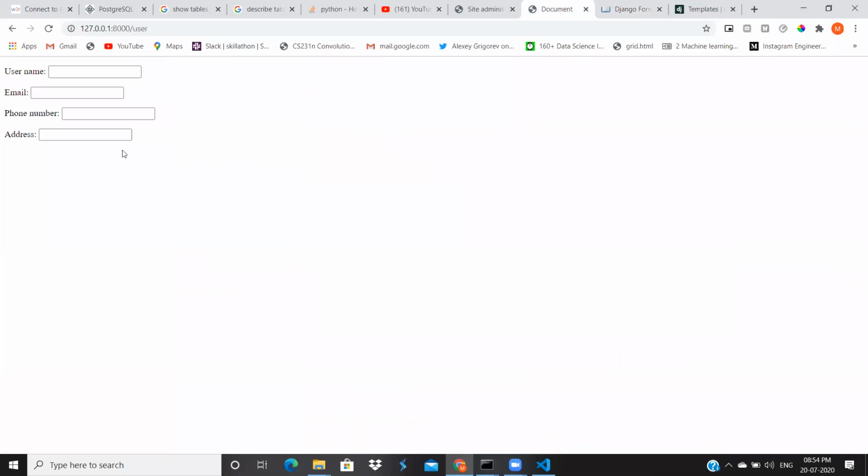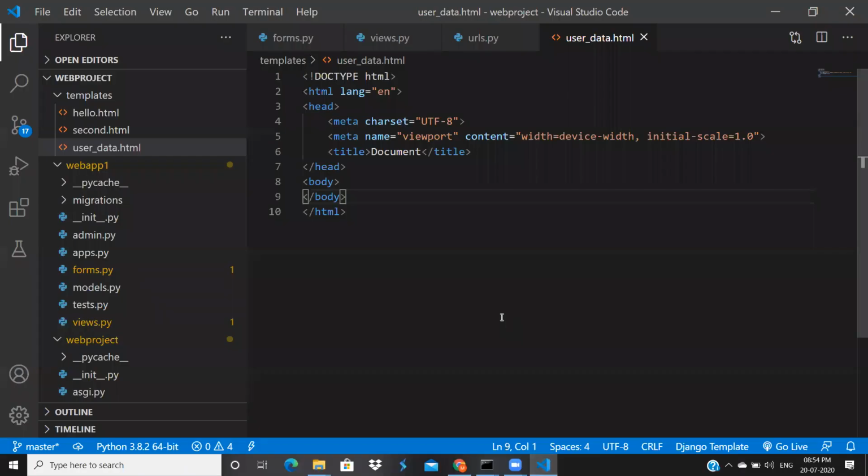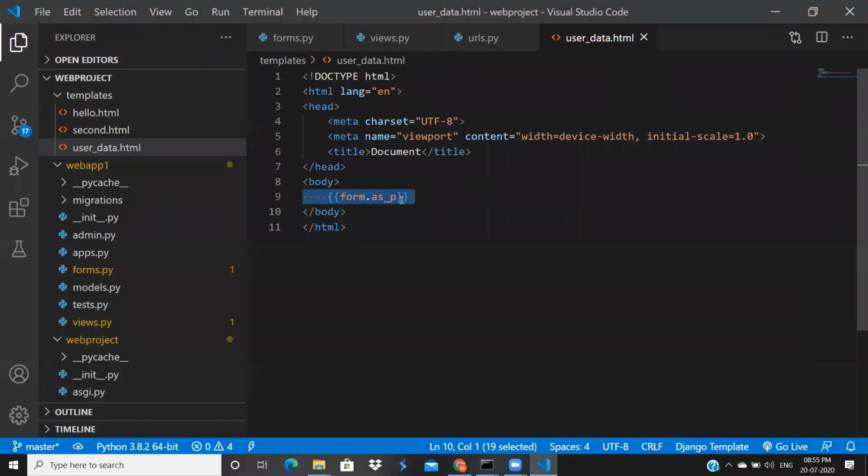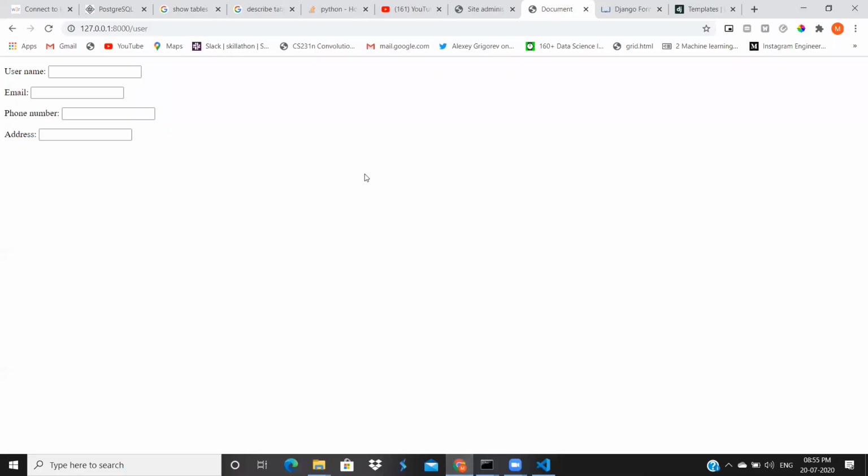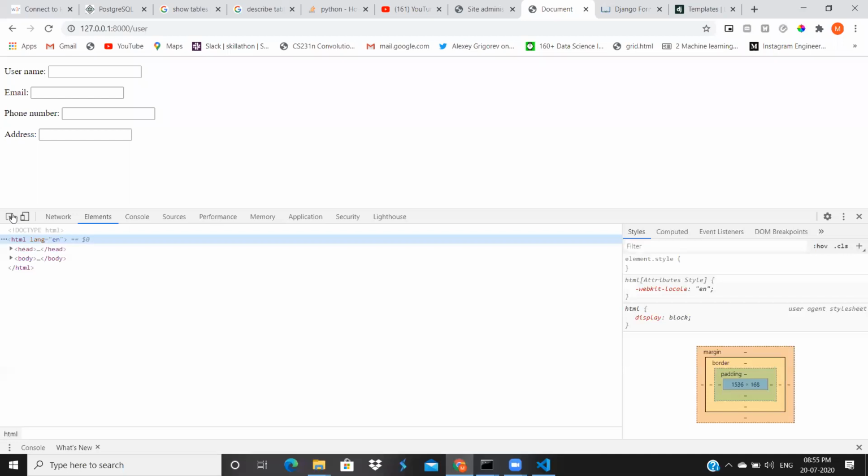If you observe here, I'll restart this. It's gone. Why? Because I removed the form section there. Behind the scenes, we are passing a Python object to the HTML template. We are keeping that object in Jinja2 code, where Jinja2 code will convert into HTML code. I will show the source code of these four fields.